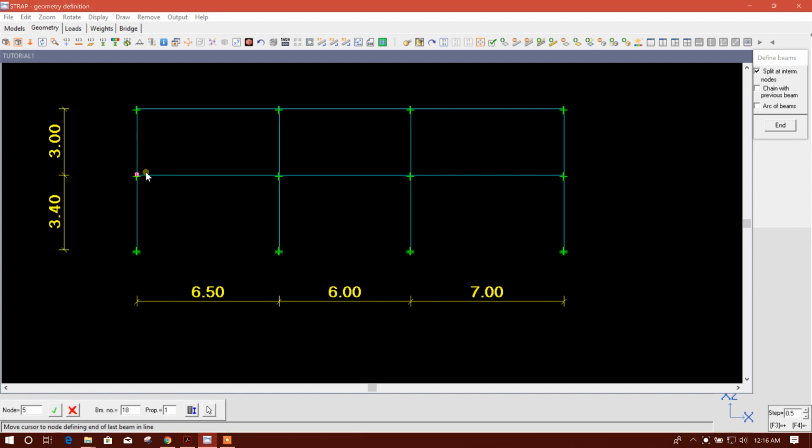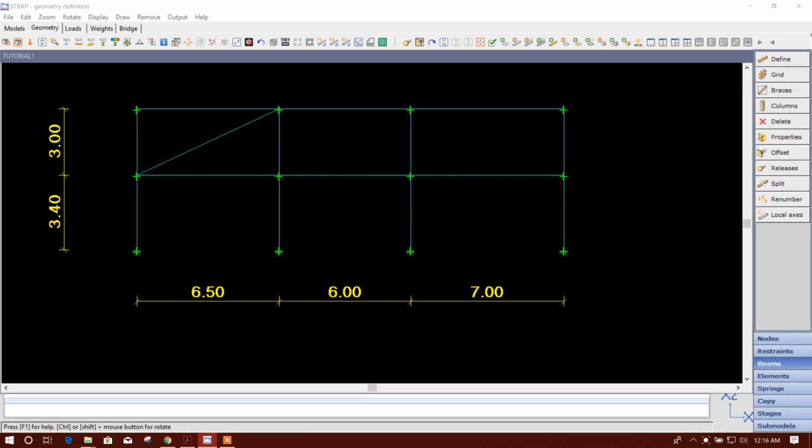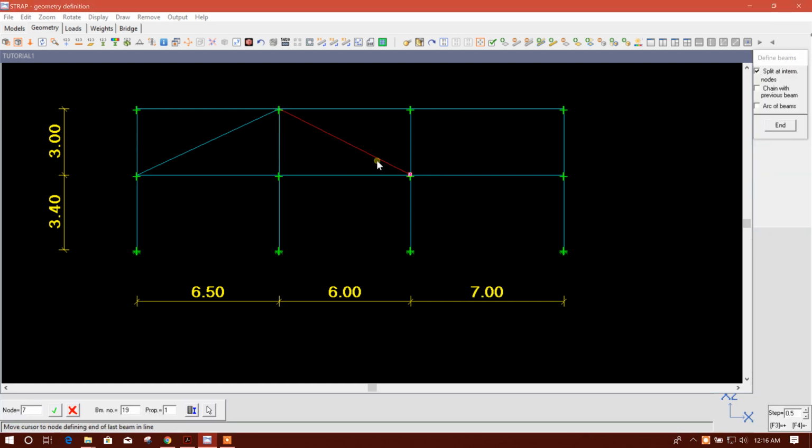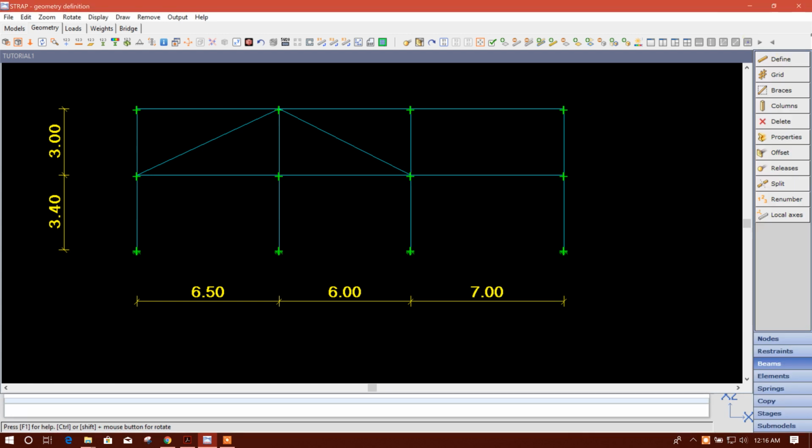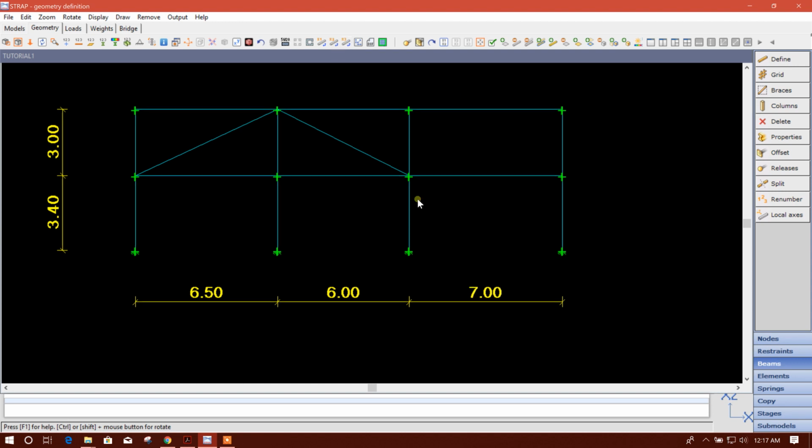In each step we should always follow left to right and bottom to up to keep the local axis accurate in the model. Here we can see the local axis for the members, and now we can release this